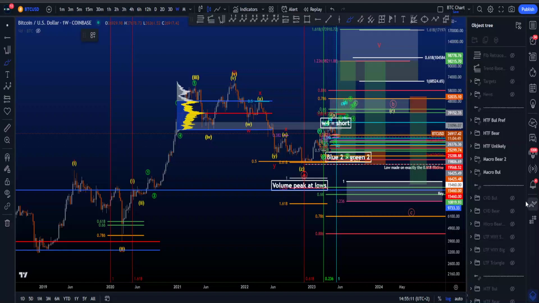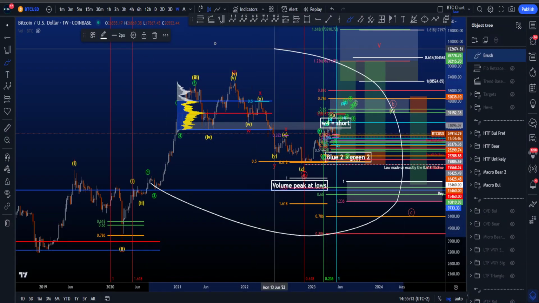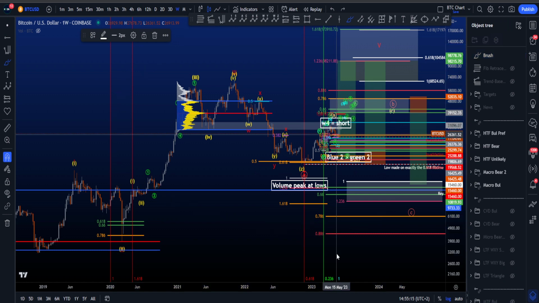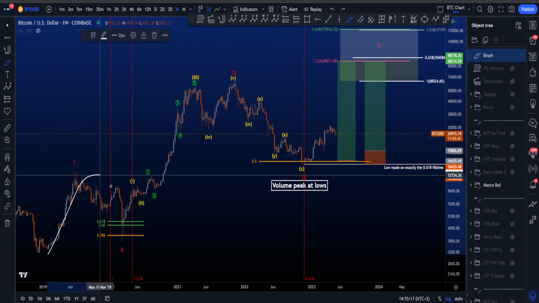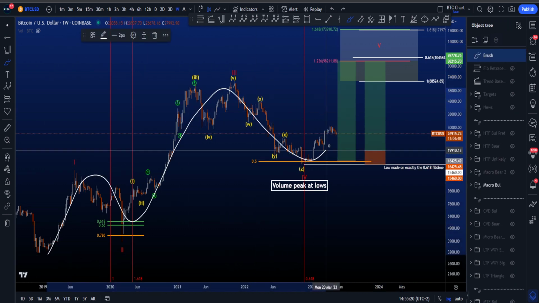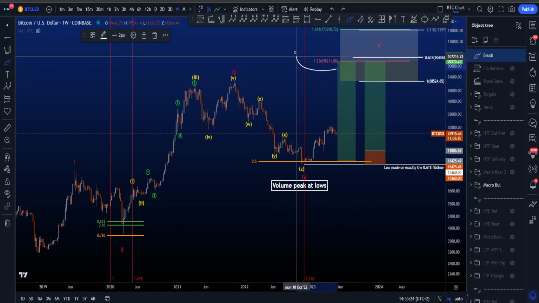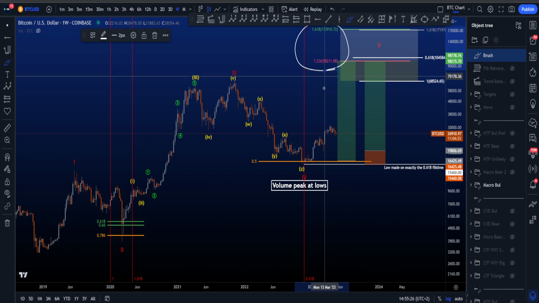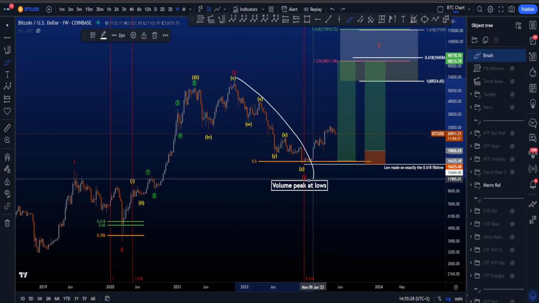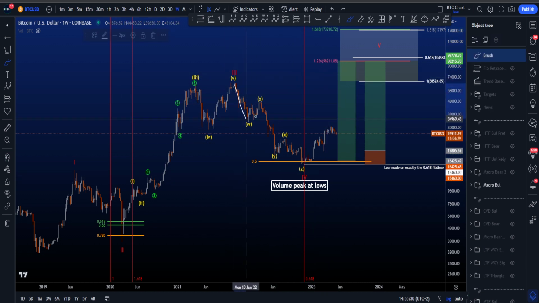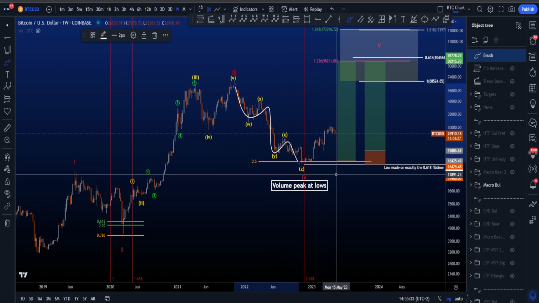Hi everyone, let's have a look at my macro and high time frame bullish and bearish Elliott Wave scenarios on Bitcoin. Starting with the macro bullish scenario where we're looking for a 5-wave structure in a 1, 2, 3, 4 and then a wave 5 to the upside, where the most common target for a wave 5 is between 98k and 174k. In this wave 4, which then is already finished, we have a WXYXZ corrective structure, which is a